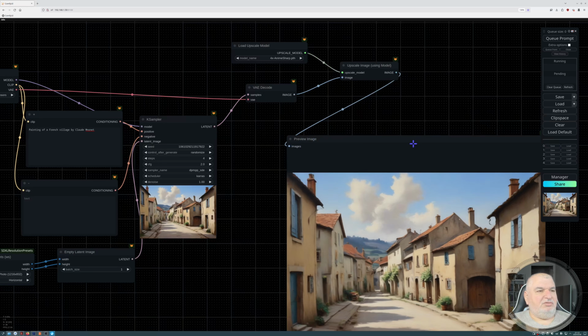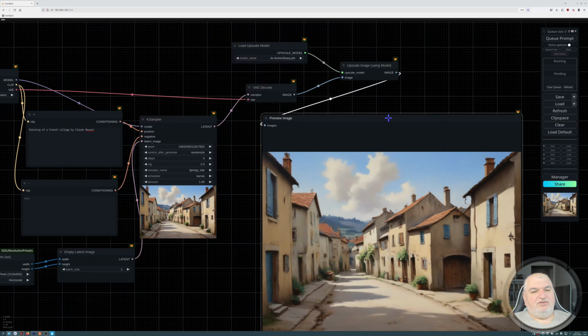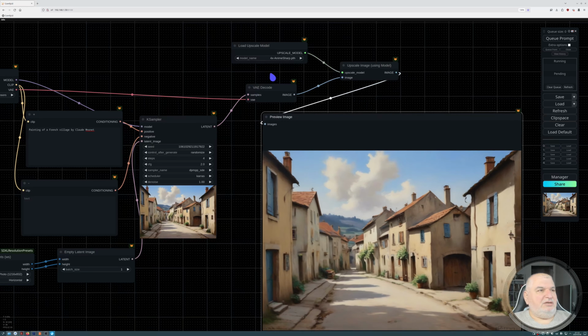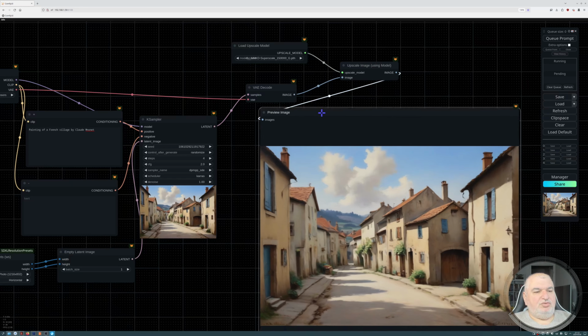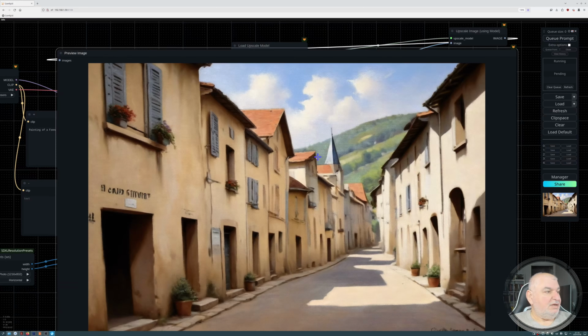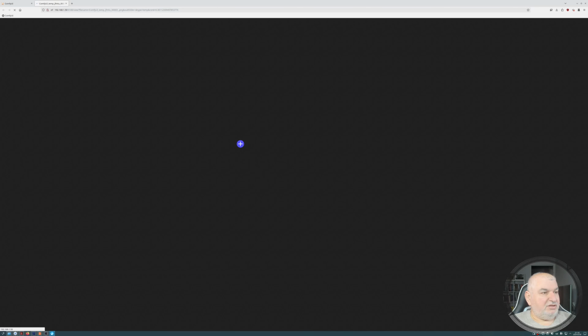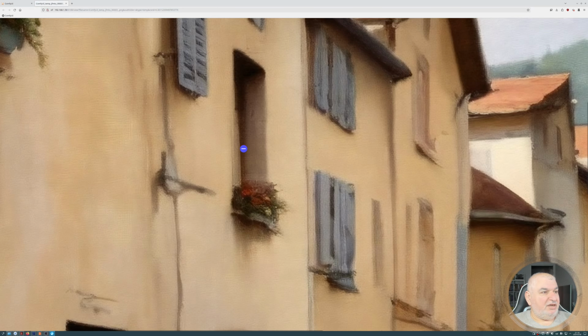to here. So now what I preview is the upscaled image, and I can choose my preferred upscaler. Let's try to upscale this image 8 times. So this will give us a huge photo where we can check the resolution. Now let's see. The image was upscaled, and let's open the full image here,